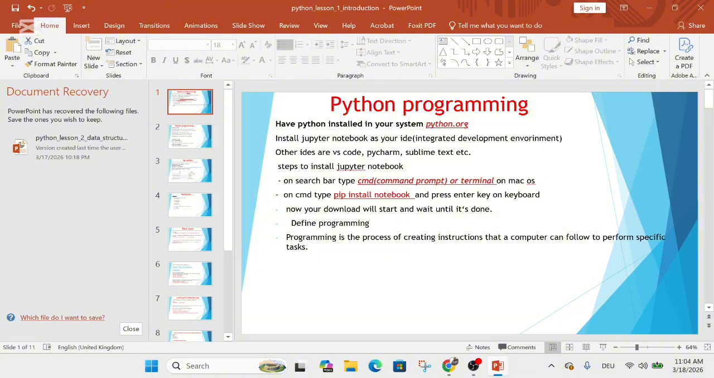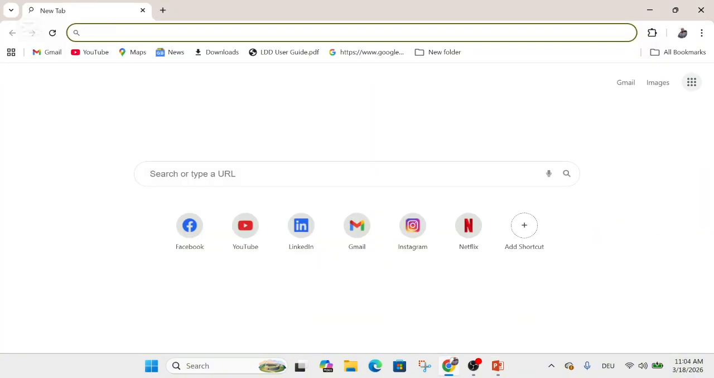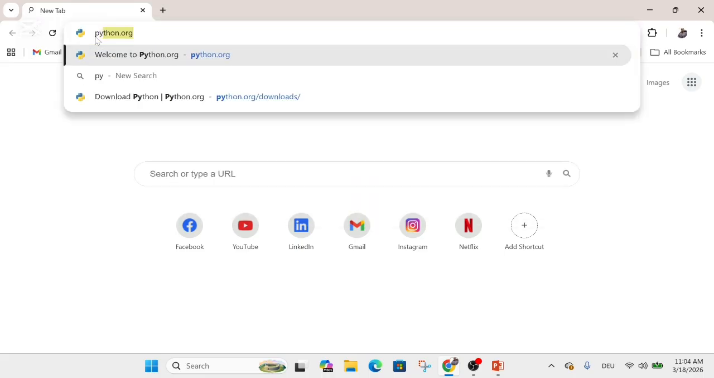Since this is purely for beginners, I shall guide you on how to install Jupyter Notebook, which will act as an IDE, that is an integrated development environment. We also have other IDEs like VS Code, PyCharm, Sublime Text, and others. So right away, let's go to our browser here. In our browser, we shall simply type python.org